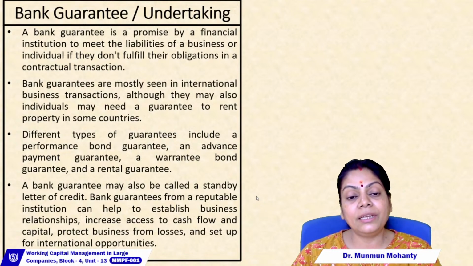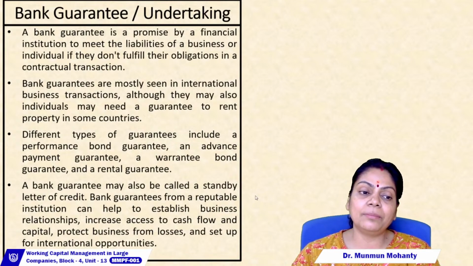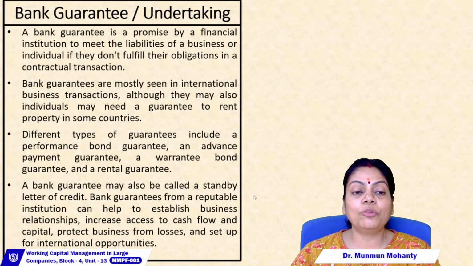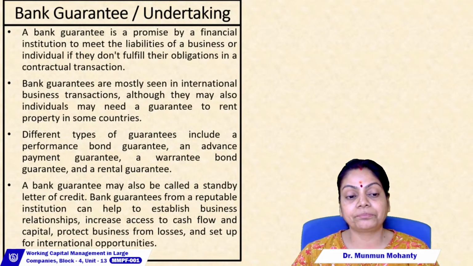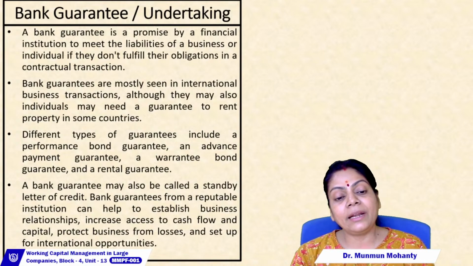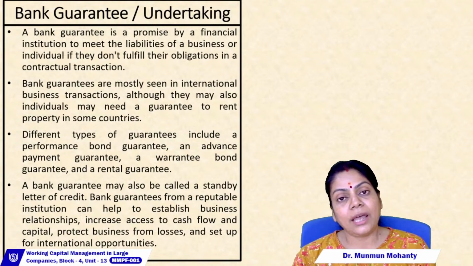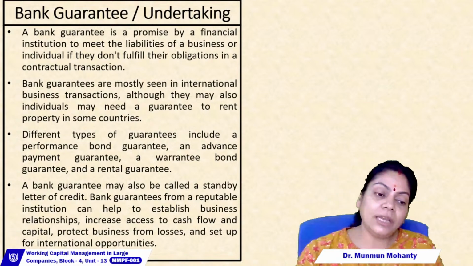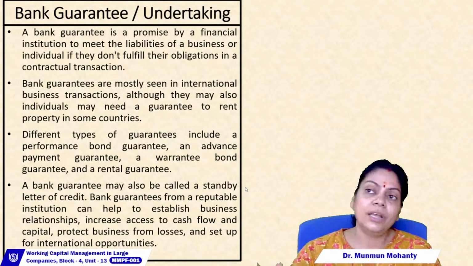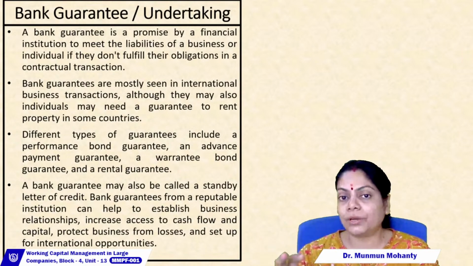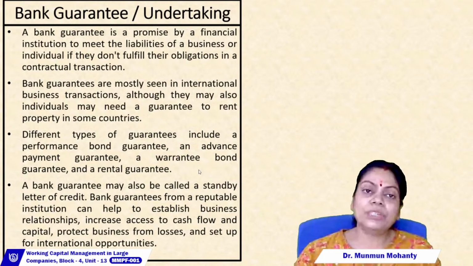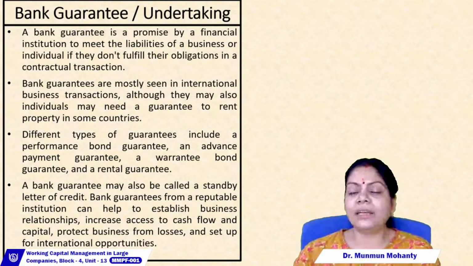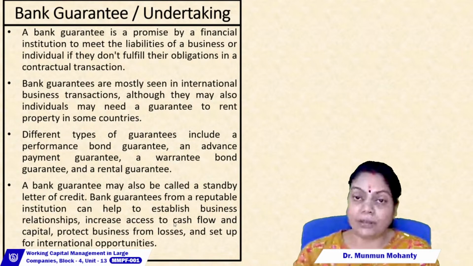Okay, just like we were talking about right now, the personal requirements. Now, different types of guarantees could be there. For example, there could be a performance bond guarantee, an advance payment guarantee, a warranty bond guarantee, or a rental guarantee that you will make these payments on time. Now, see, the bank guarantees are also called the standby letter of credit. We discussed that in case of letter of credit, there's a standby letter of credit which comes into picture by not the client's own bank but another bank. So this is a bank which is giving you a guarantee. The standby letter of credit operates in a similar fashion.